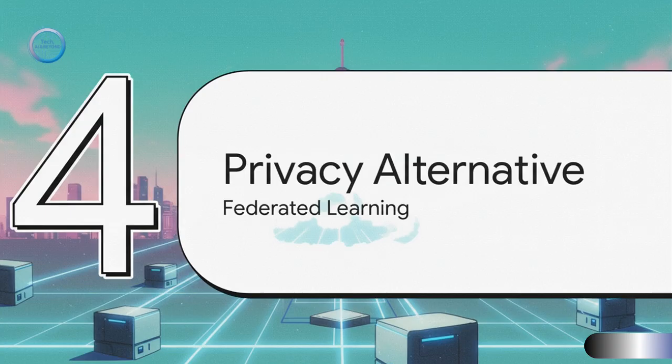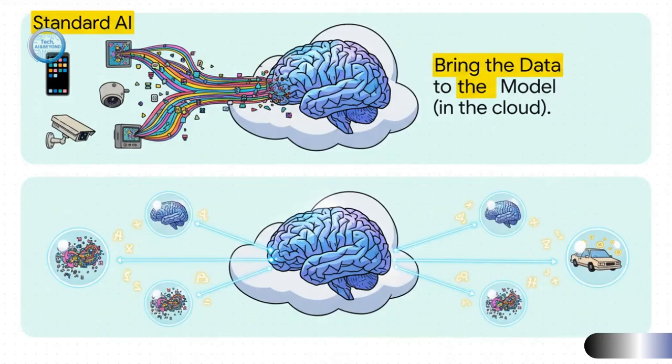We need federated learning. The mental shift here is actually pretty profound. The standard pattern we just talked about is all about bringing the data to the model in one central place. Federated learning completely flips that on its head. The new paradigm is bring the model to the data, wherever it happens to live out on the edge. It's a really elegant solution that lets you train a model collaboratively without ever having to centralize or compromise all that sensitive raw data.